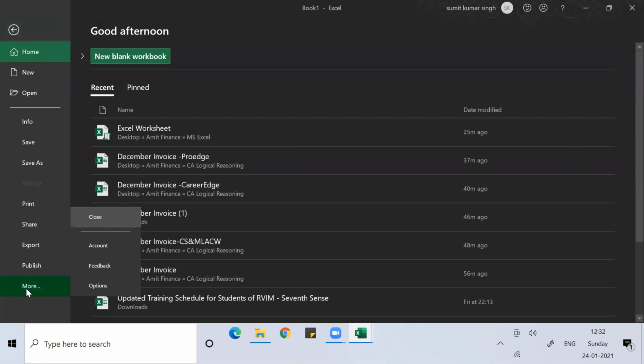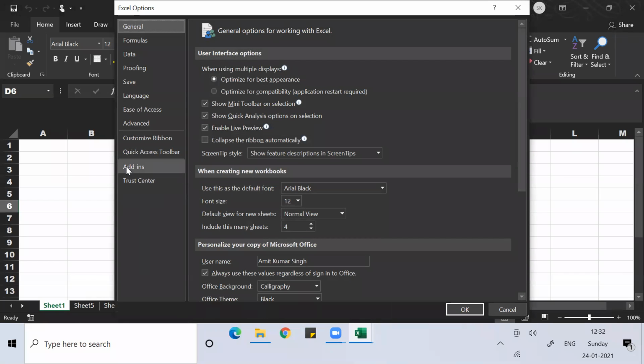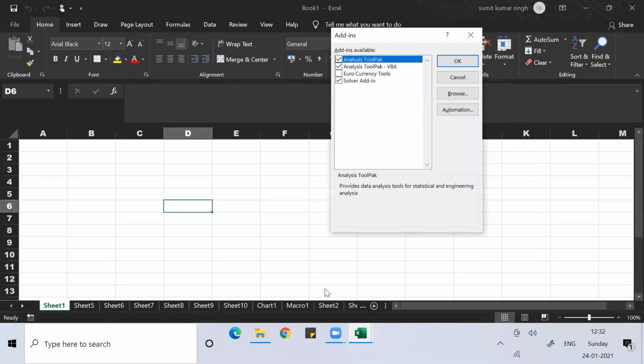A few commands may not be visible to you in the beginning. You can find them under Add-ins and add them. Depending upon your working needs, you can go to Add-ins, and under that go to Manage. There you can click on Analysis ToolPak or Analysis ToolPak VBA,